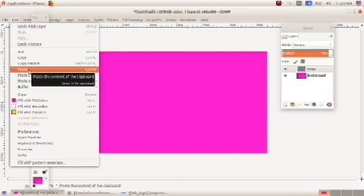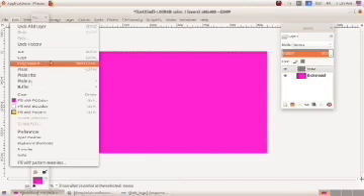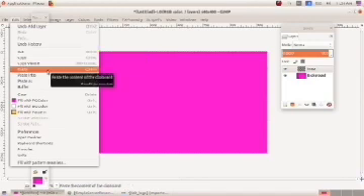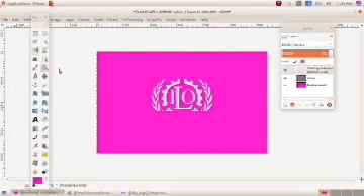Here the shortcut options, or shortcut menus, you also have to learn. Control V is the shortcut for paste, then copy, Control C, then Control X, cut, etc. Okay, then to paste, use Control V. The logo appeared in the canvas.